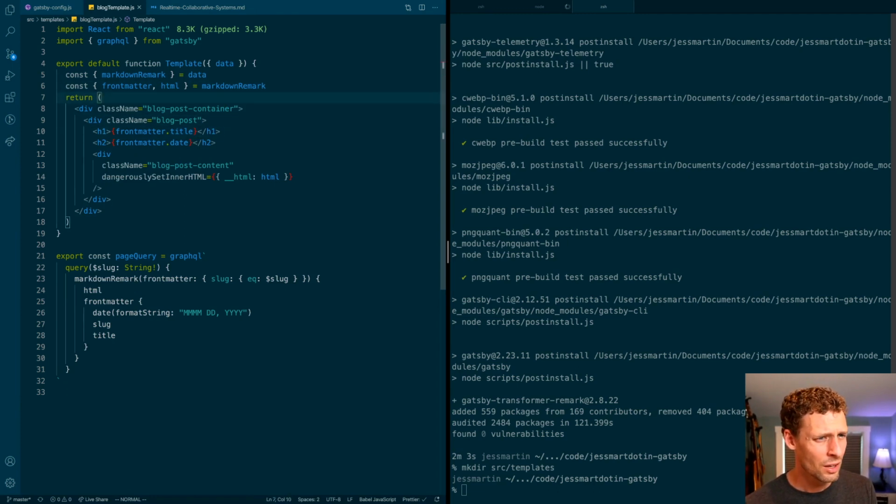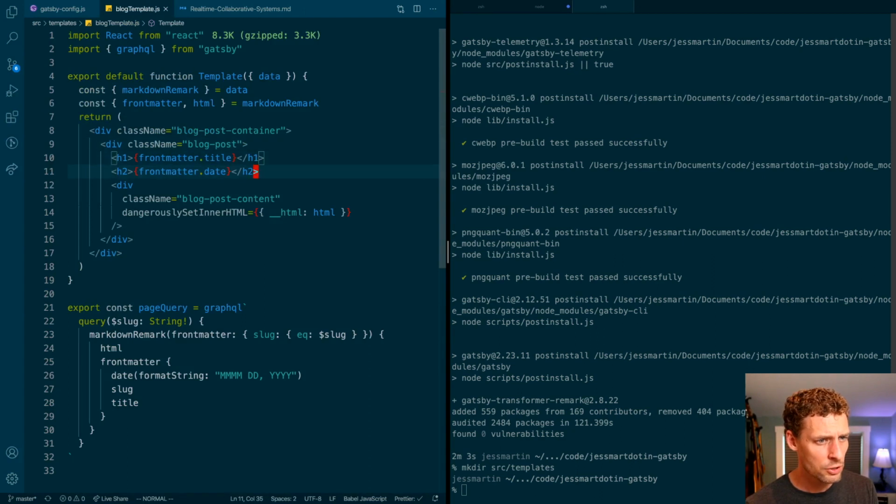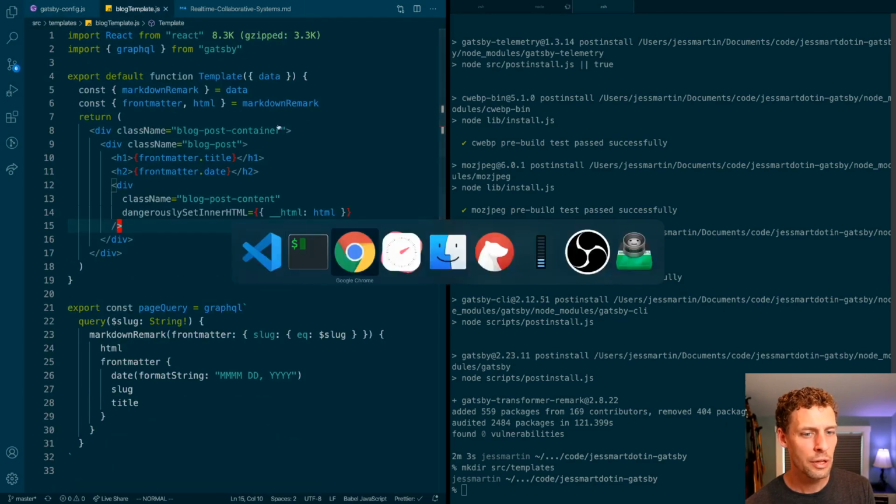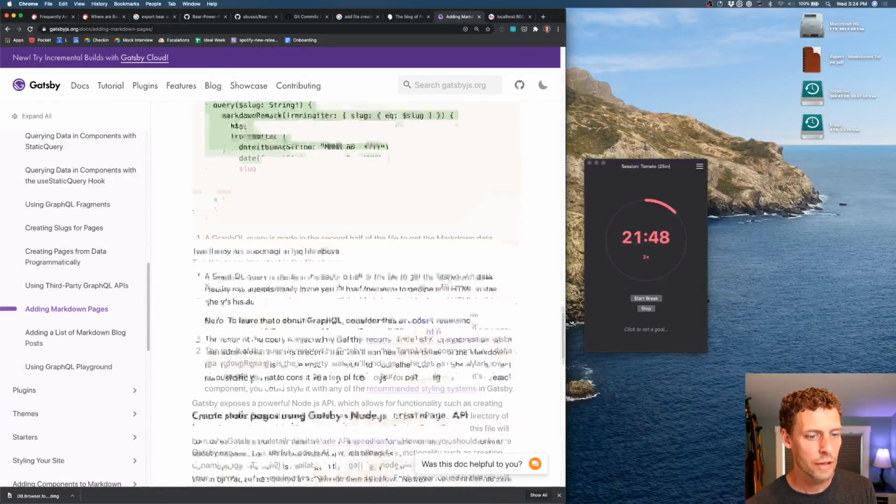And then once it's destructured into front matter and HTML, we take the actual title from the front matter and the date and put them here and here. Dangerously set inner HTML. Hilarious. Okay, and so that creates the template, but we now need to create each one of the actual pages,